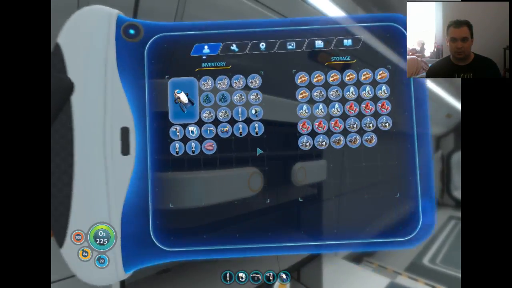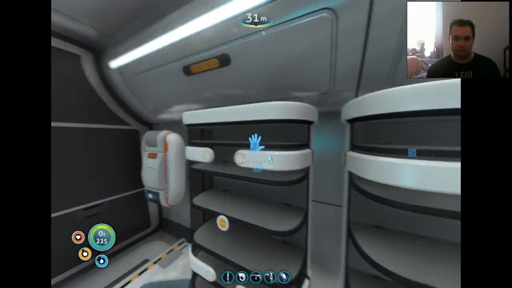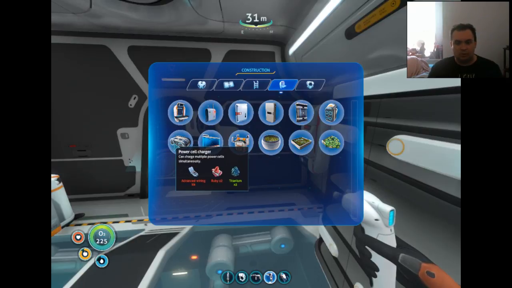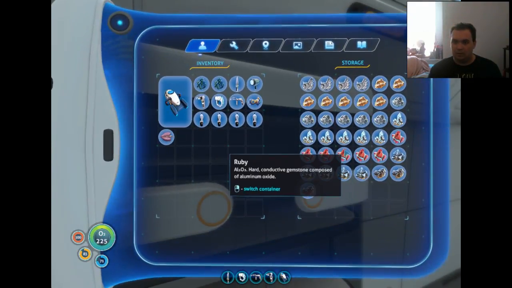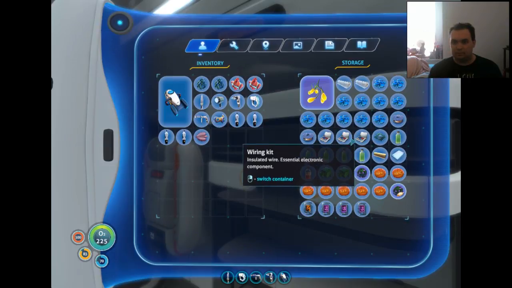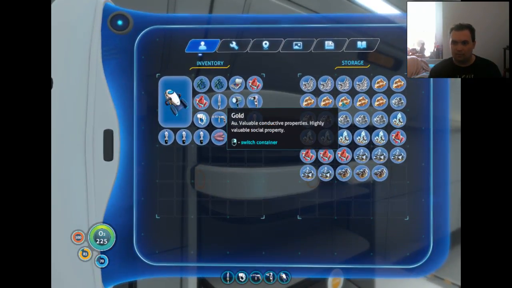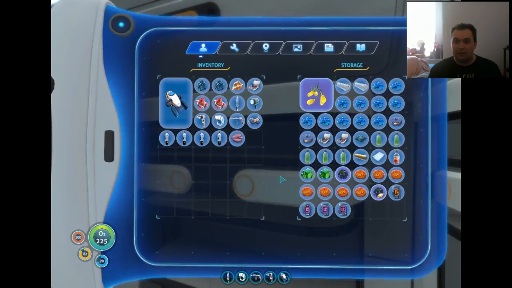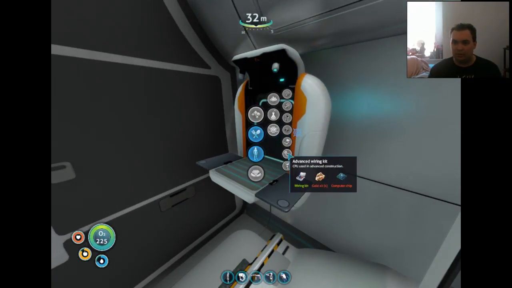Oh, I clicked the wrong locker. Yeah, I knew there was a problem there. Two rubies, 2 titanium, and an advanced wiring kit. Oh, yeah. Table coral. I'm going to make sure I have my materials set. Wait, did I need a table coral for the advanced? No, I needed...